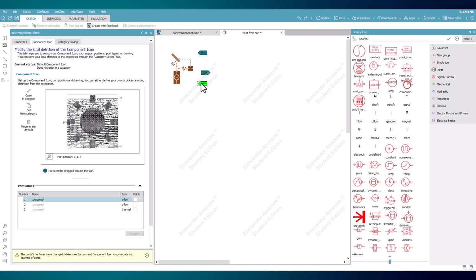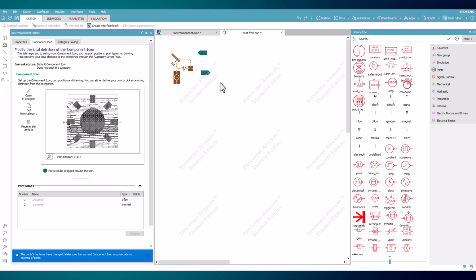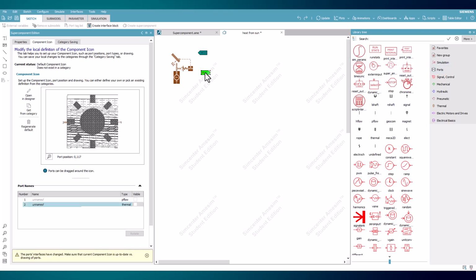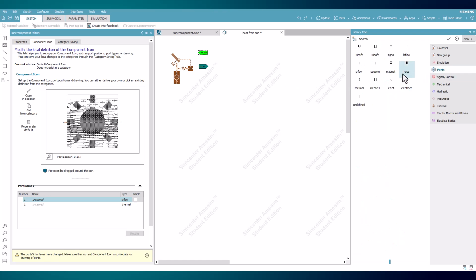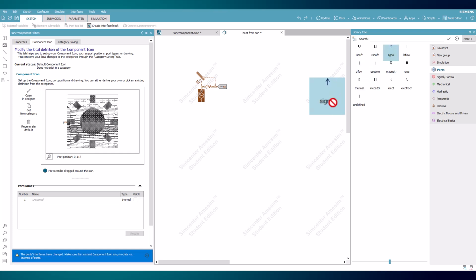Ports can be added and deleted from the component straight from the sketch window, where they are represented with small tabs that contain their port type and the port number. Changing these ports within the sketch window is as simple as editing components on a sketch, beginning with deleting the unneeded ports. Afterwards, ports can be added back in from the ports library, where all the available port types are there to be selected from, working in the same way as a component on a sketch. To know if a port is in an acceptable location, the icon will change from a dark shade to a lighter one, and the component will change like how it would in a normal sketch when all ports are filled.